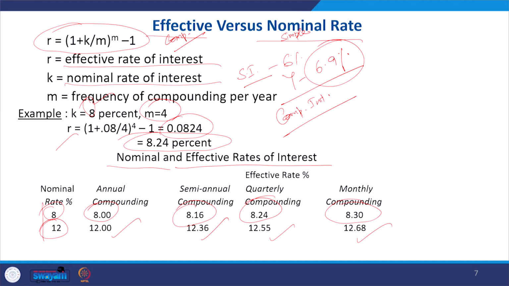So, effective versus nominal rate of interest, the simple difference is that the nominal rate of interest is basically the simple rate of interest and effective is basically the compound rate of interest. With the help of this model, you can calculate the effective rate of interest, which is basically a compound rate of interest, and the value of the compound rate would go up the moment the compounding period increases. If the compounding period is annual, no change. If it is half yearly, yes, change. If it is quarterly, a little more, but if it is monthly compounding, it is effectively higher, and if it is